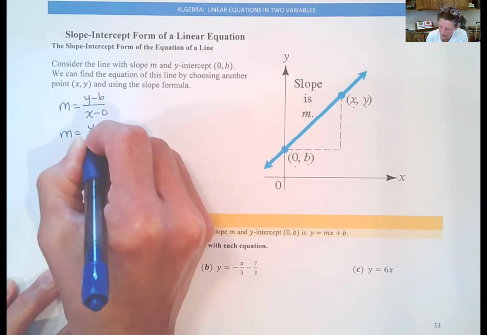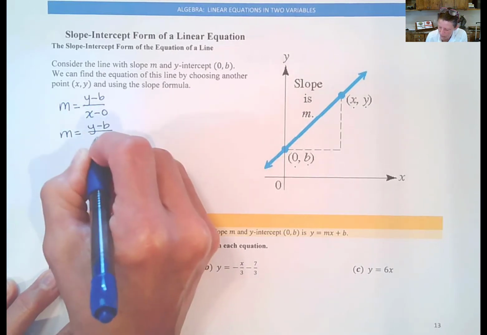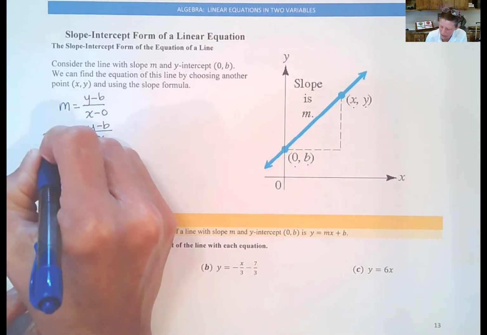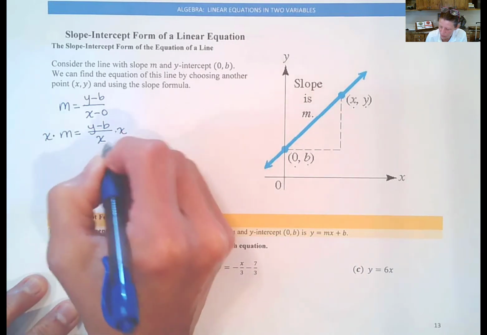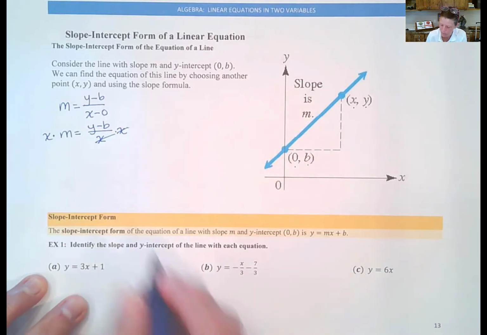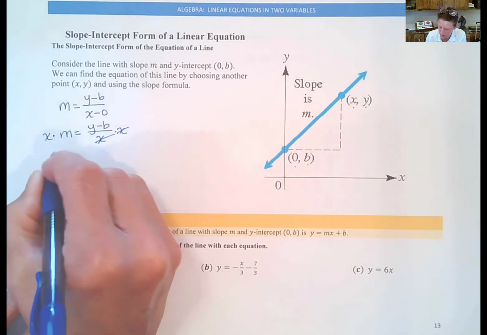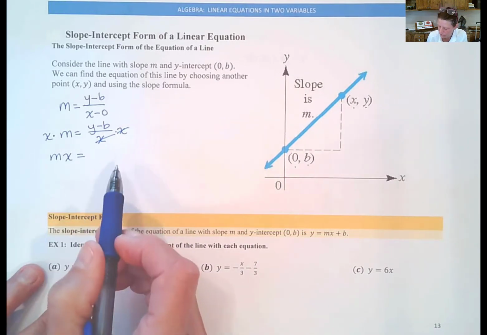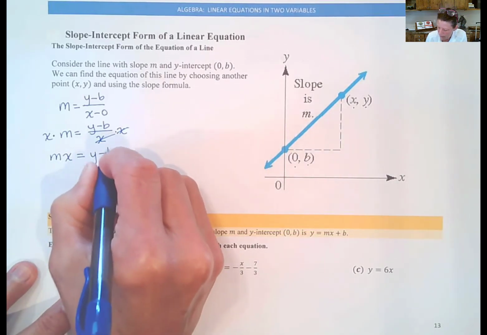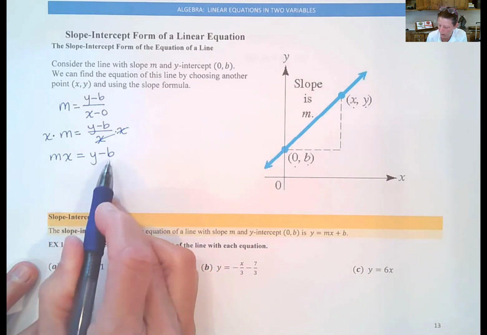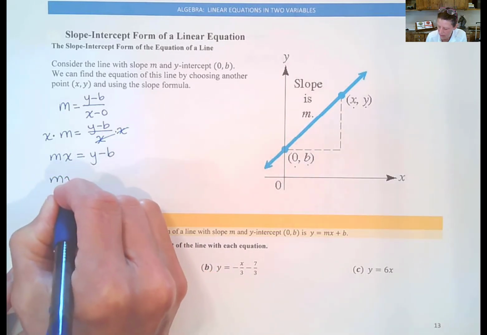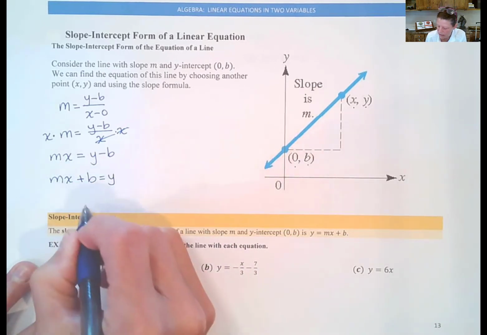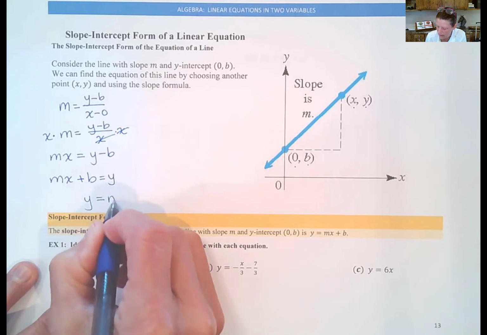Let's start by indicating that x minus 0 in the denominator is simply x. We're going to multiply each side by x to divide that denominator out. So x times m, or m times x, using the commutative property of multiplication, that's equal to y minus b. Remember, we're solving for y, so let's add b to each side. mx plus b is equal to y, and I'm going to switch sides here and write this as y equal